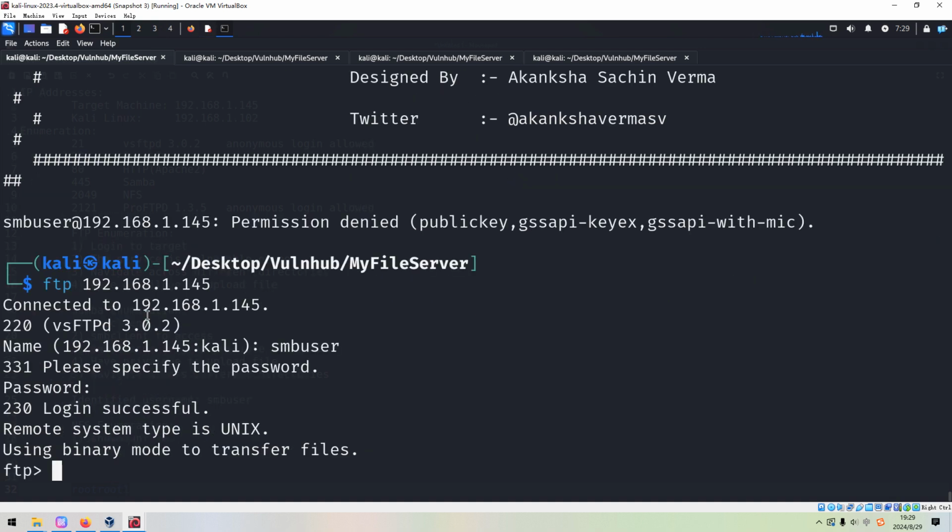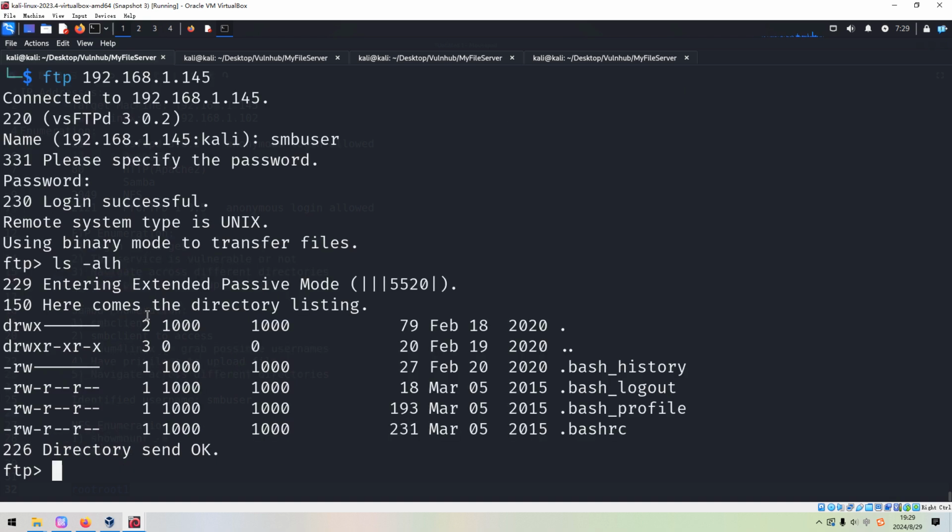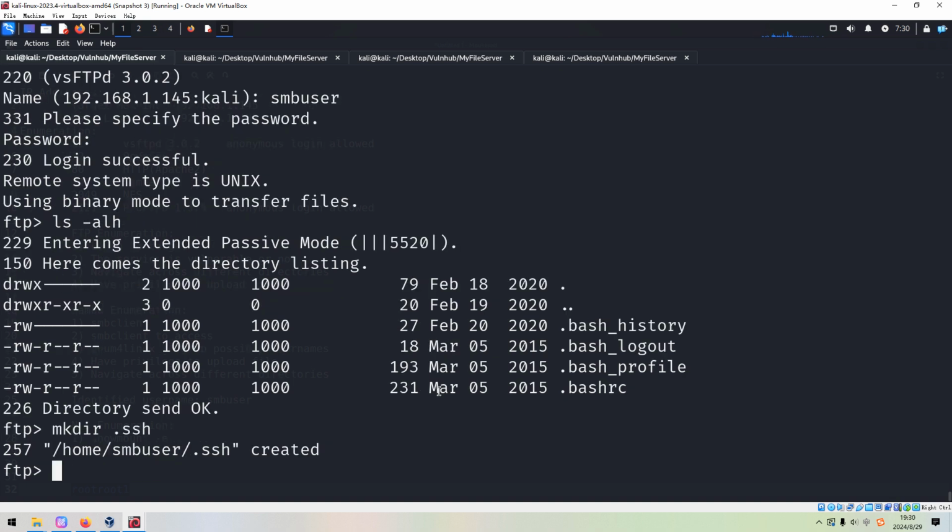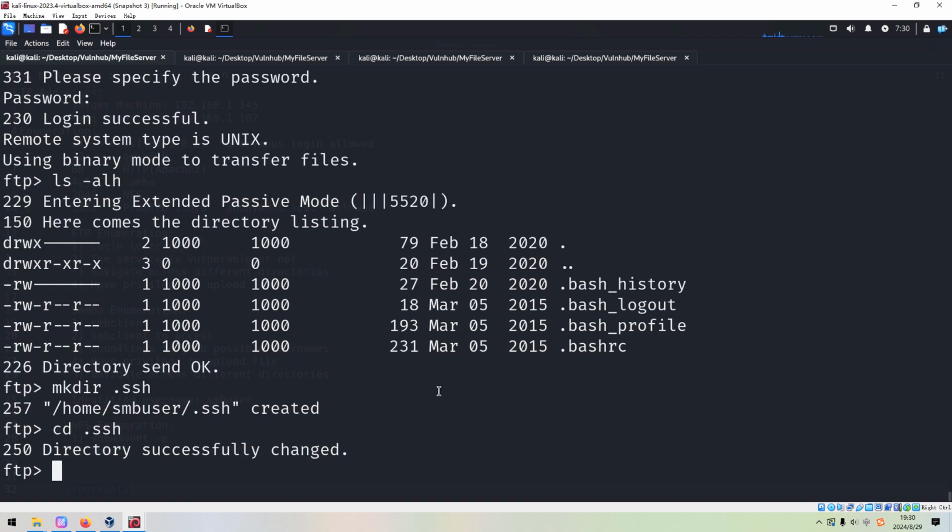It does work, right? It looks like we are within the home directory of the current user, and I think we can create a directory and upload a file. For example, we can create the .ssh directory, navigate into it, and then create the key pairs and upload the public key to this directory.